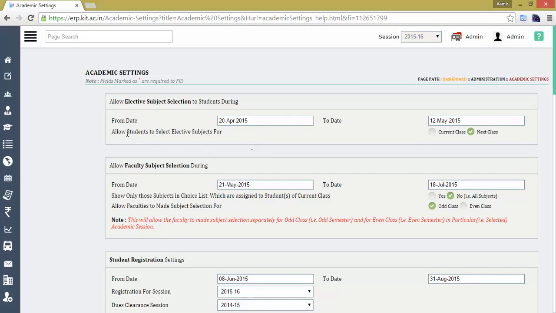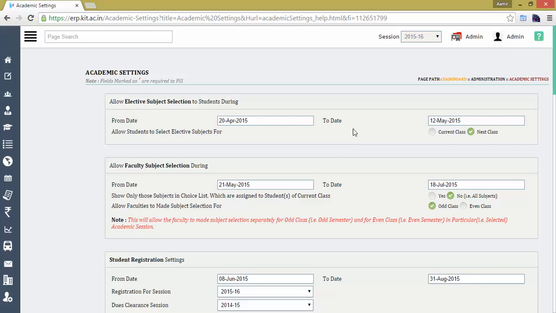Now the second parameter in this section is allow student to select elective subject for, that is the current class and the next class. So what is the current class and the next class? Suppose a student is studying in the third semester, and you may require to collect the choice list of the student for the next class, that is the fourth semester.